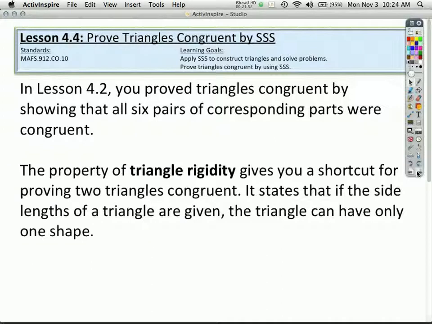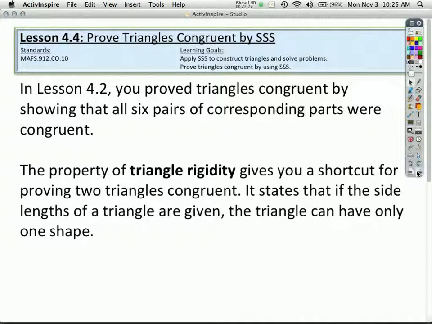And I talked about, when we did a proof, that we had to gather 6 pieces of evidence to prove the 2 triangles were congruent. 6 pieces of evidence. That was a lot of evidence to gather. But you're going to learn something today. That because of triangle rigidity, we end up having actually a shortcut. And from now on, it's like graduating to the next level. You will never have to prove all 6 pieces of evidence, because 3 pieces of evidence will prove to be